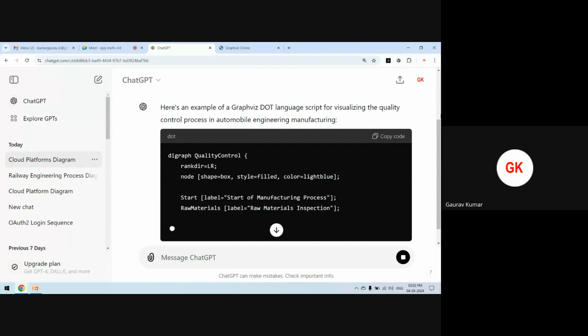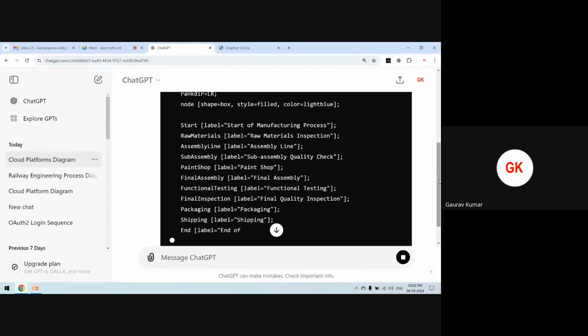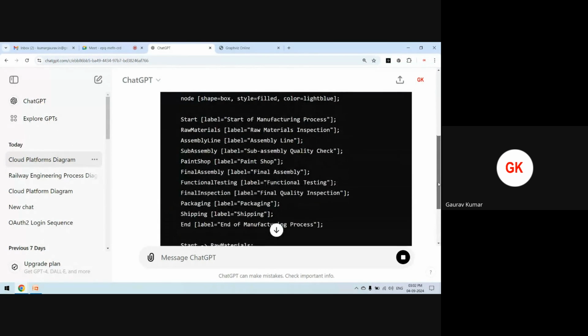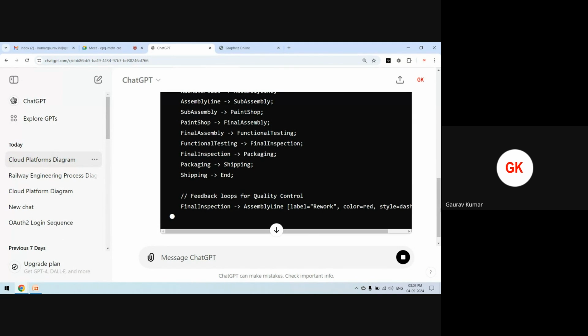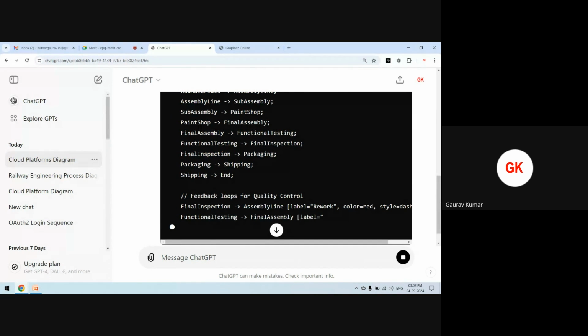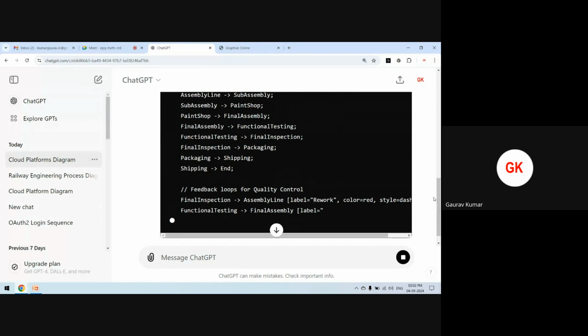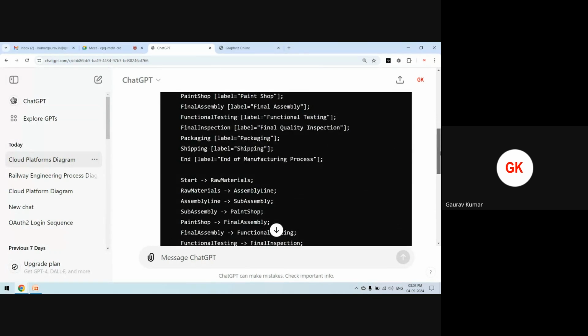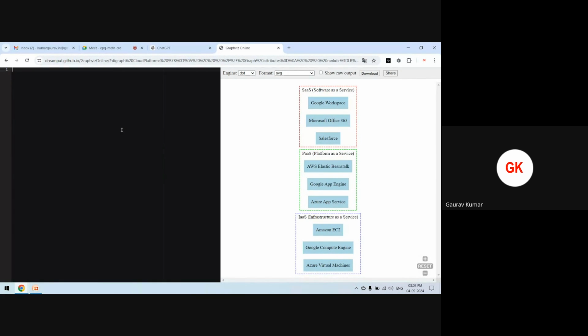I can use it in my research paper, I can use it in my presentation. You can see that. And participants who are from mechanical will know better than me whether it is correct or not, because I am not from the mechanical domain. If some of you are from automobile production or the manufacturing process, you might know better whether it is correct or not. Copy the code, and I'm pasting that code here,